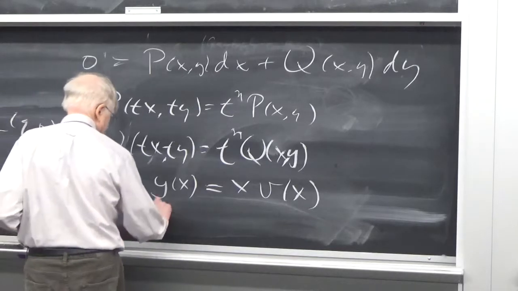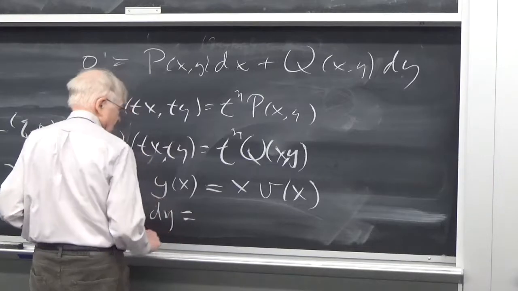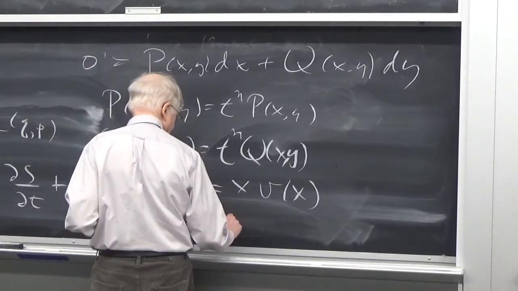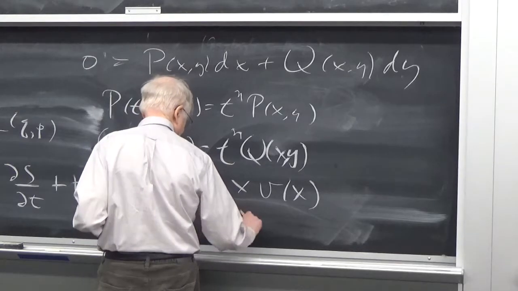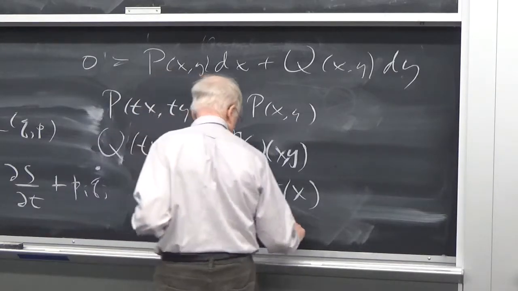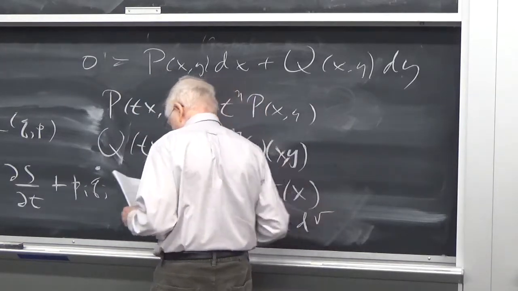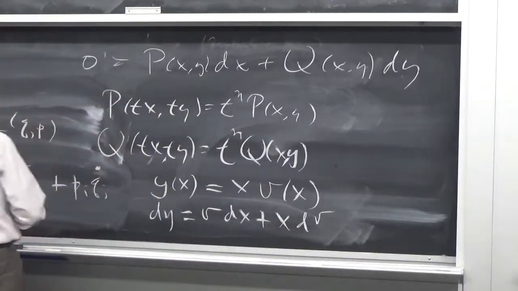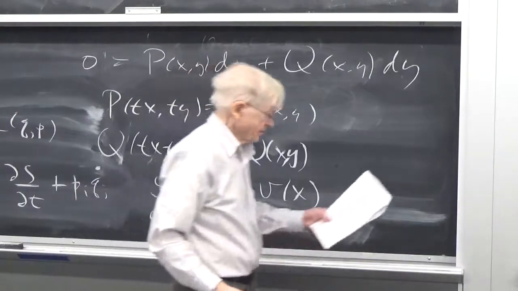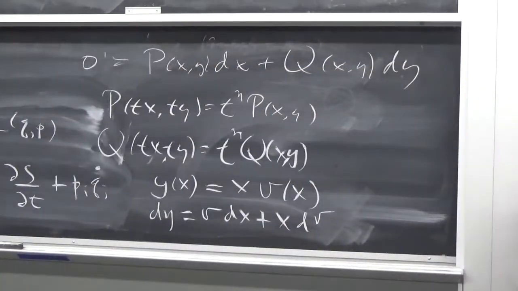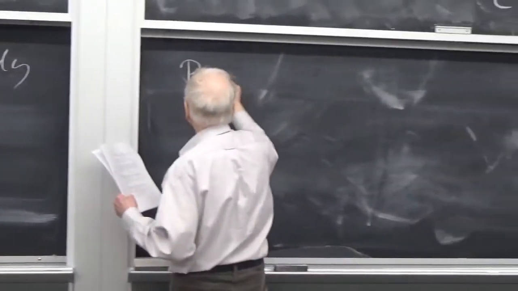And then what we have is dy is equal to v dx plus x dv. And so if we substitute those into this equation, what we get is P of x